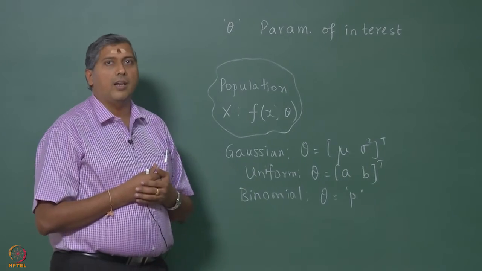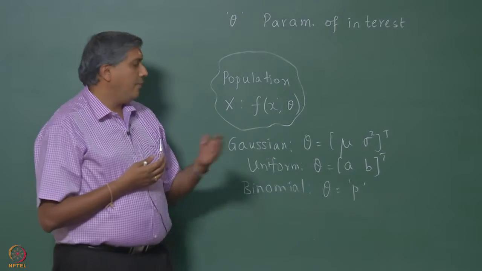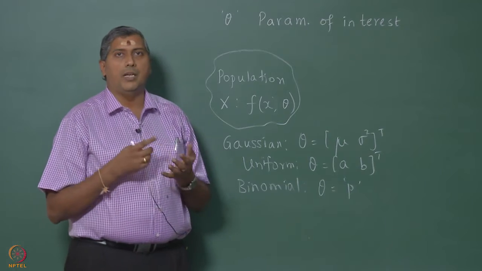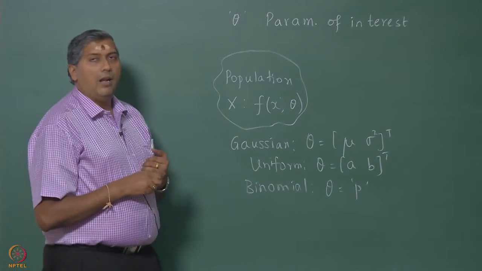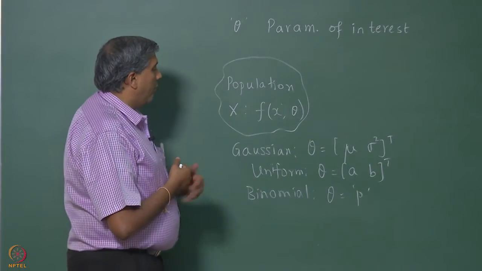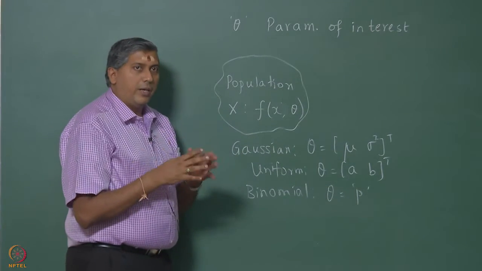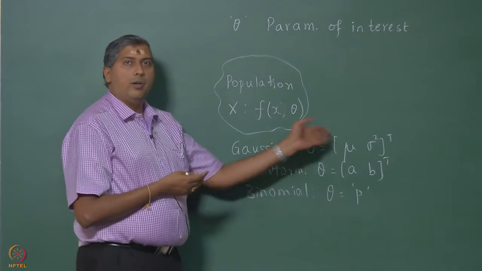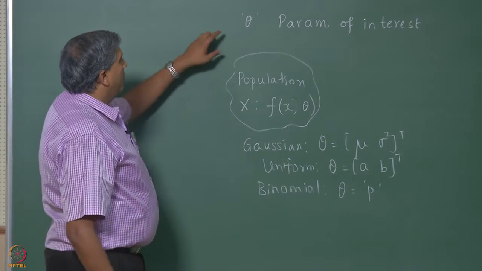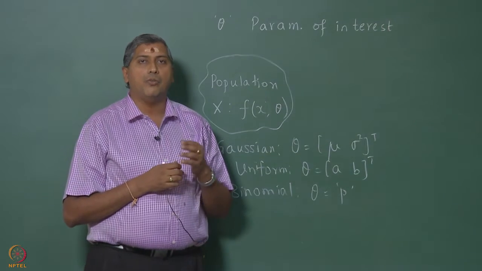In a more advanced analysis such as in linear regression or in time series modeling, this theta would include more than just the parameters of the PDF. For example, theta could include model parameters such as the slope or the intercept and so on. We will however restrict ourselves to these kinds of analysis to begin with. When we go to linear regression, we will include more elements into this theta. Now, this is the first step in hypothesis testing, if you recall: identify the parameter of interest.